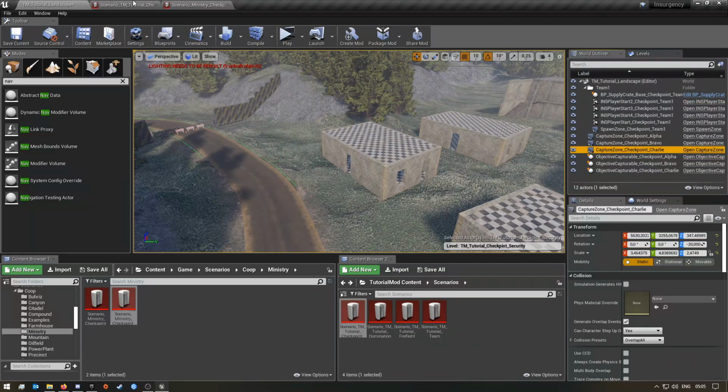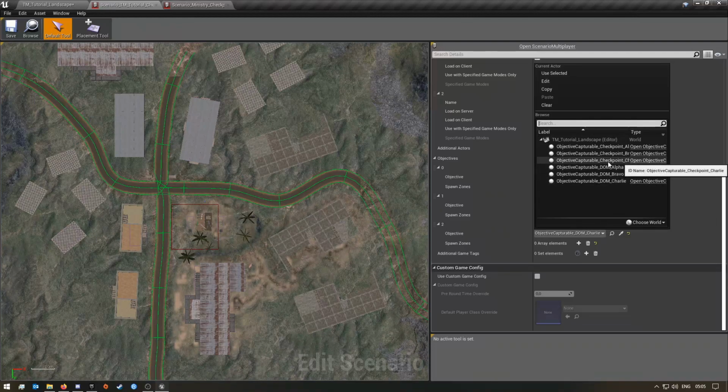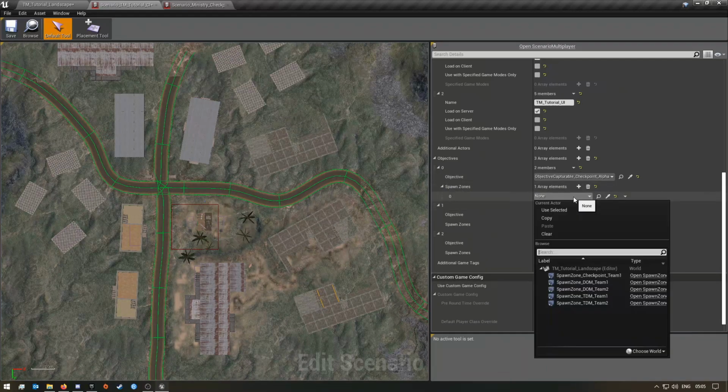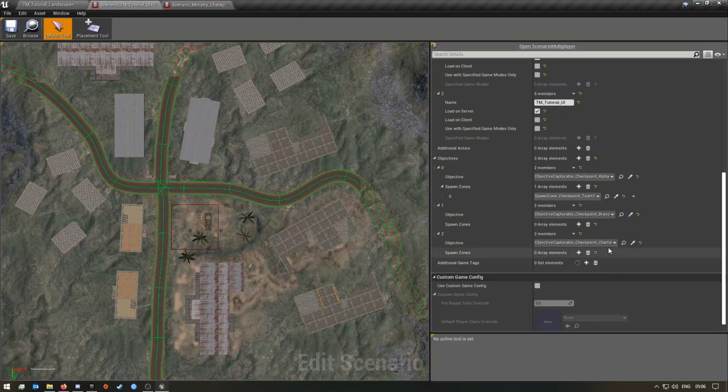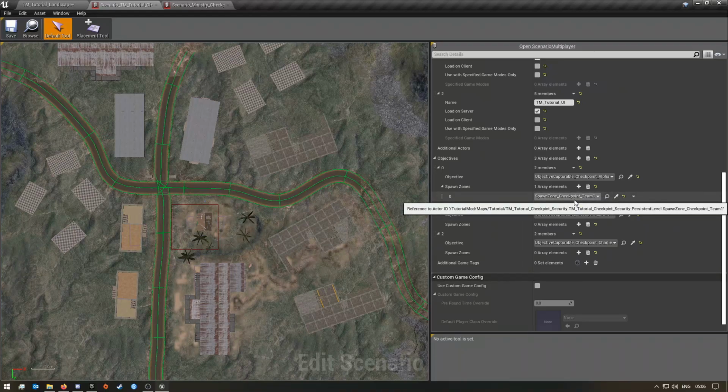Okay, now quickly go back to your scenario file, and I'm just going to quickly set Charlie. Okay, so once you've done that, we now need to go on the first one, and we're going to add our spawn zone checkpoint 1. Now we might have to rename that spawn zone to something else now, so that we know this one is connected to